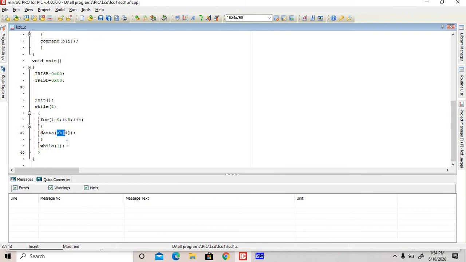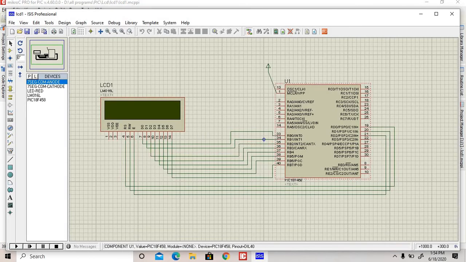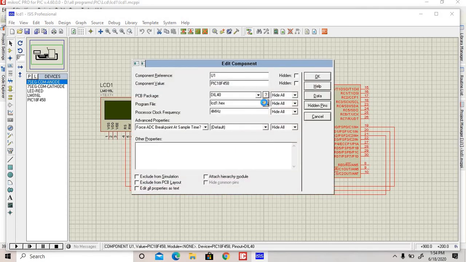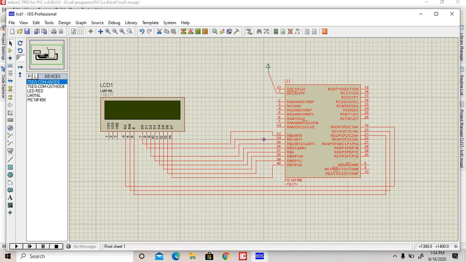After that the program terminates. Then build it and name the file LCD1. Then go to Proteus, double click, open LCD1.hex, then OK. After that run.